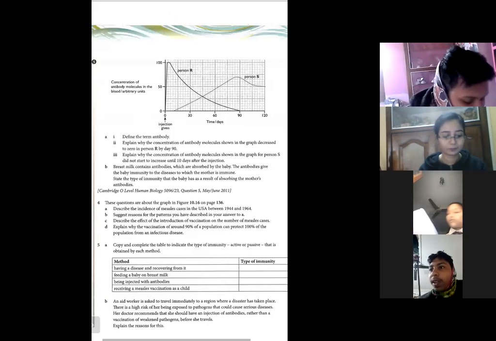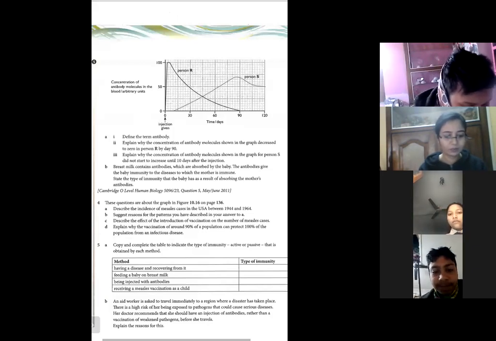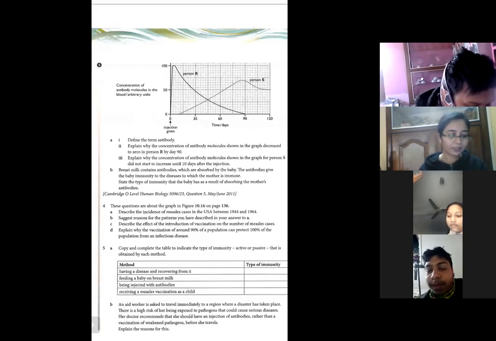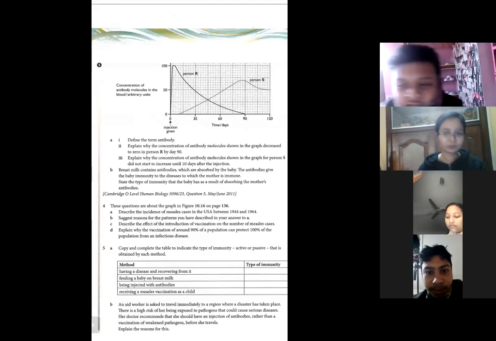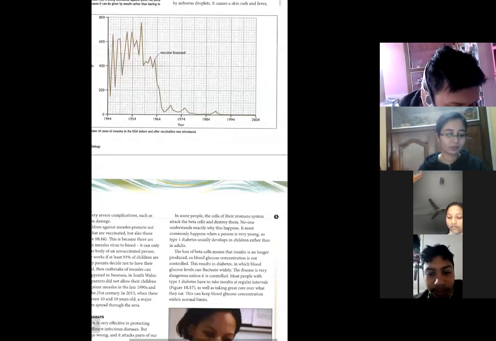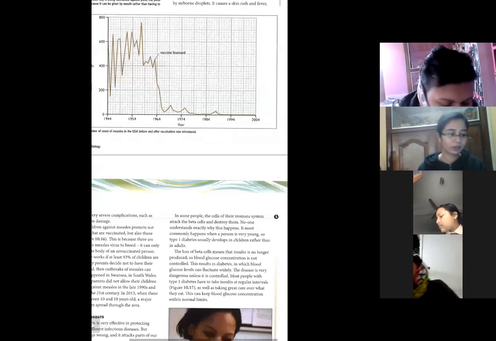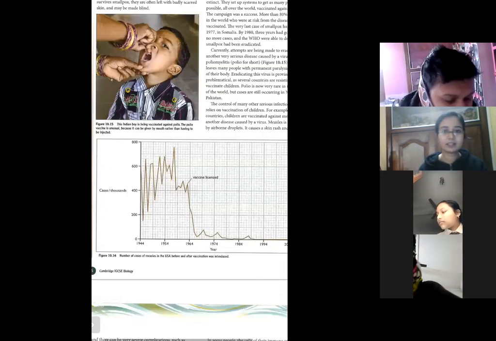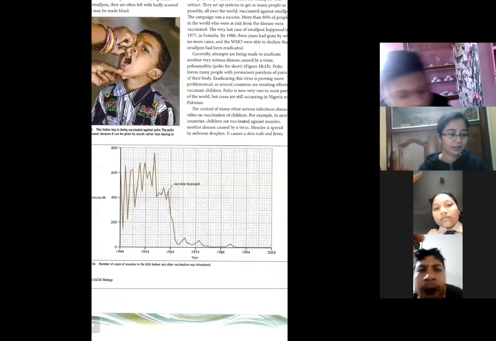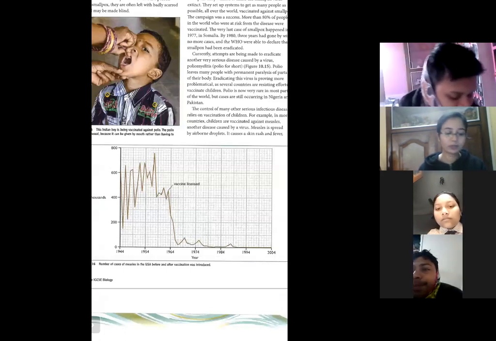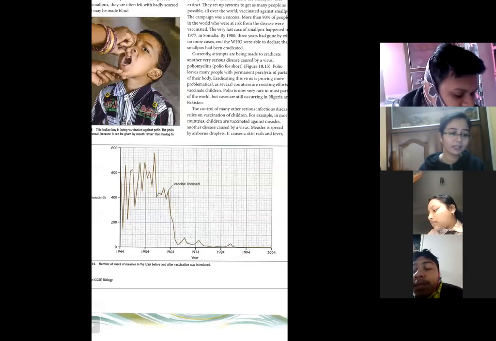Let's see, then we will come back to the questions. We are telling about vaccination. This one is about vaccination. In 1944, I have told you already about this one. Let us remember this one. So the x-axis indicates the year, and the y-axis, what we have plotted, is the cases in thousands. Cases of